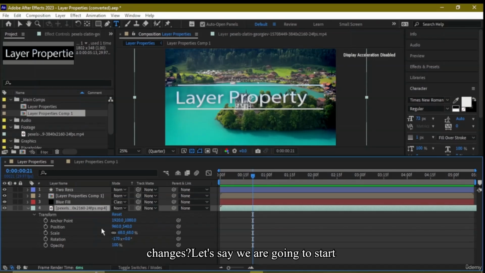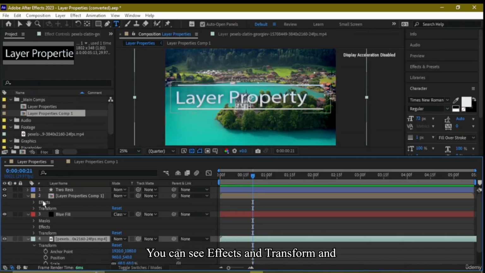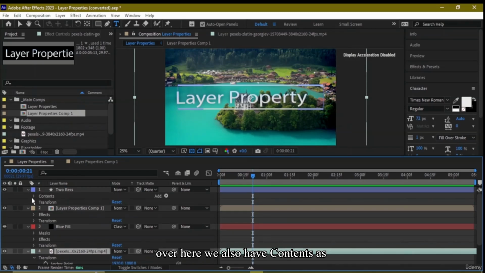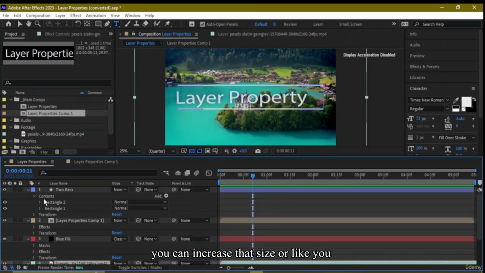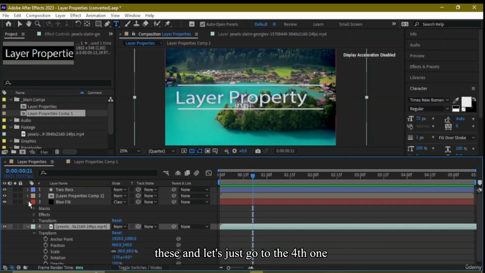Let's say we are going to start off with our opacity. And when you extend each and every one, you will find the same ones, but you might also find mask, effects, and then transform. You can see effects and transform. And over here, we also have content, as you can increase that size, and you will see all of the details that are available in a specific layer. So I'm going to decrease the sizes of these,